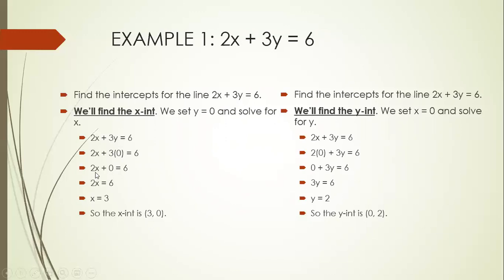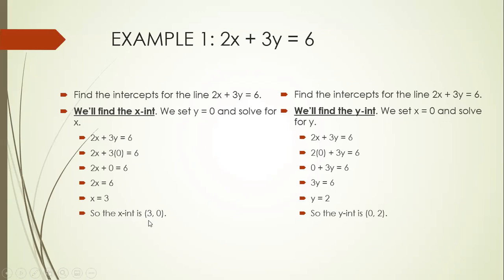If I have $5 and then I get $0, how many dollars do I have? The same amount. So if I take 2x plus 0, that's just 2x. I didn't add anything. So 2x plus 0 equals 6 becomes 2x equals 6. We only take one step for that. We divide by 2, and we get x equals 3. So the x-intercept